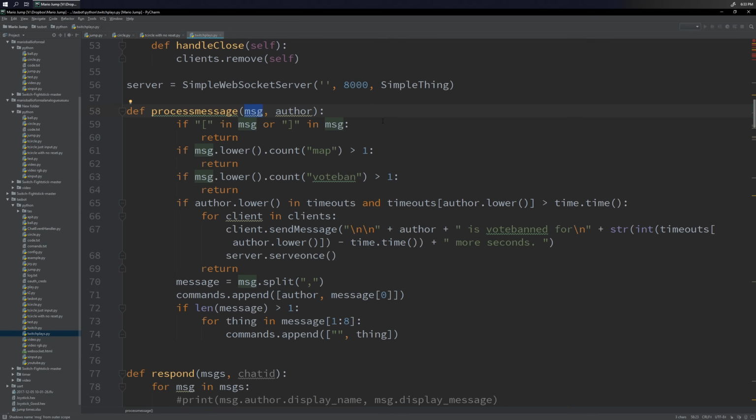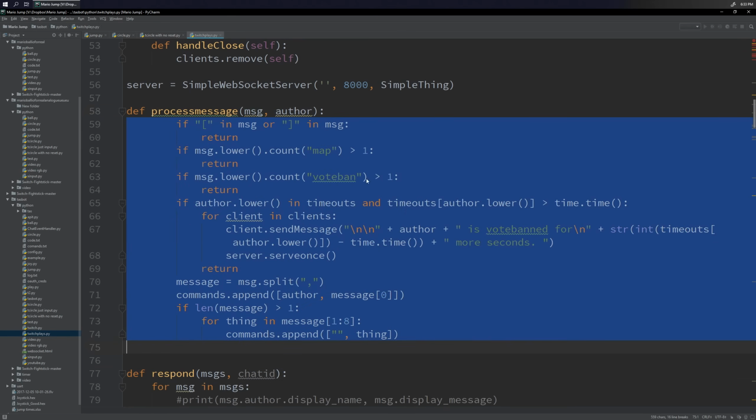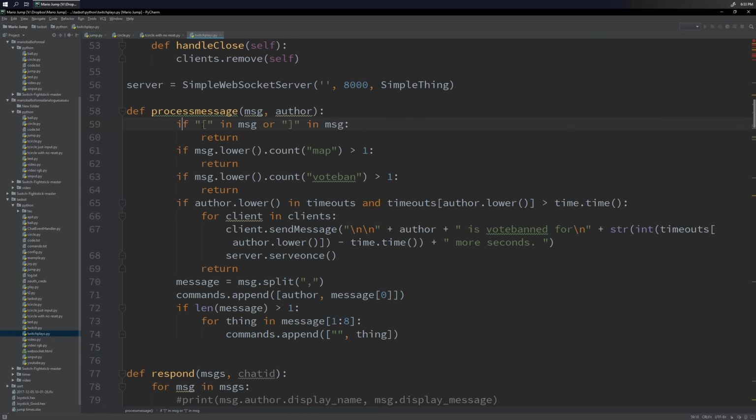We don't care about timestamps, we don't care about any of the other metadata that comes along with those. We don't care about how YouTube sends messages in batches, whereas Mixer has a stream. Actually, I think it might be the other way around. I remember one of them was really annoying, and it's probably YouTube, honestly, because YouTube's chat sucks, at the very least. But they all just feed into this process message method. And this does all the text parsing and, presumably at some point, calls other methods. But we'll go through it one line at a time.